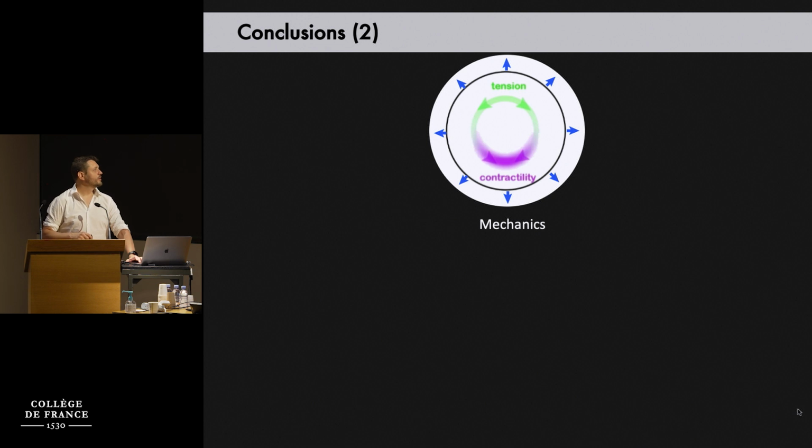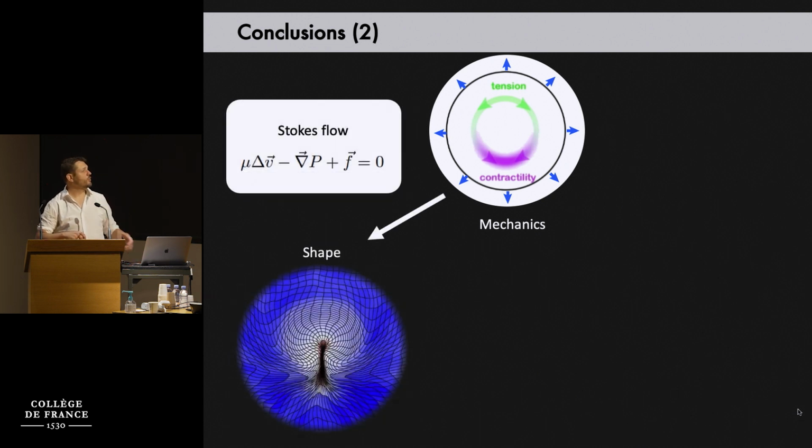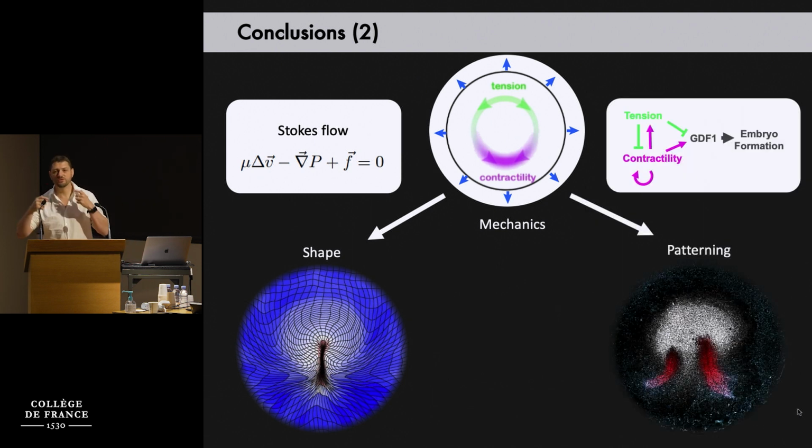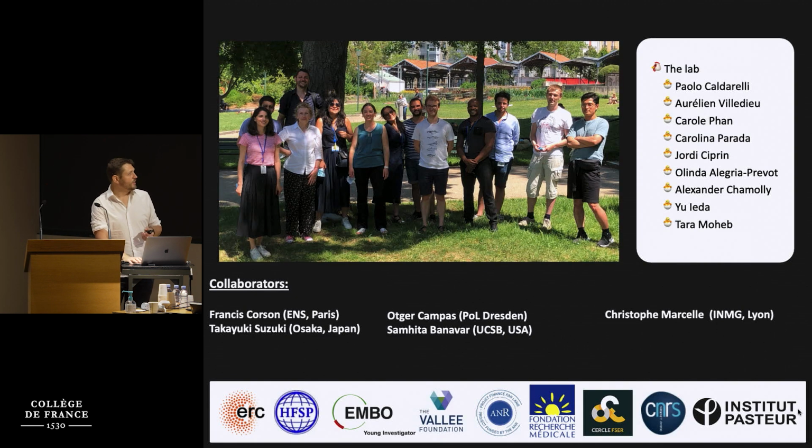So the final conclusion here is that mechanics, yes, can explain how you get the embryo into shape owing to fluid mechanics, but also how, by impinging on gene expression, it can refine patterning, but also redirect patterning completely in case of perturbation. With this, I'm going to